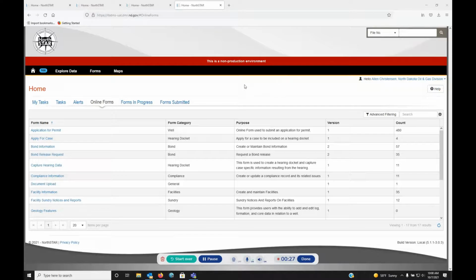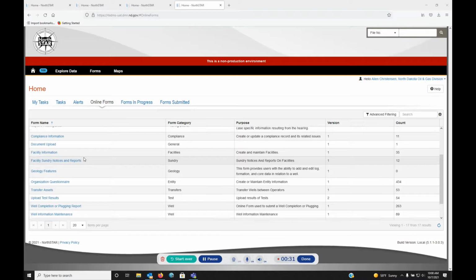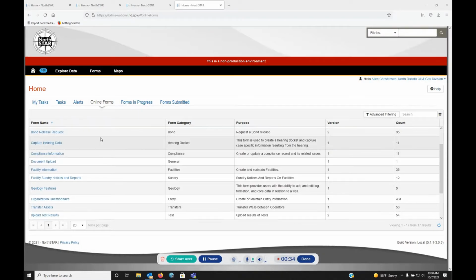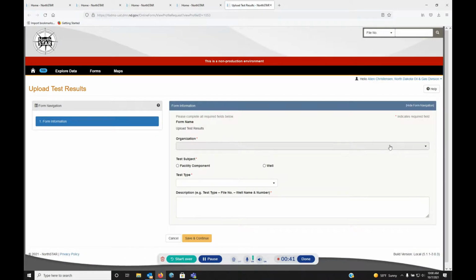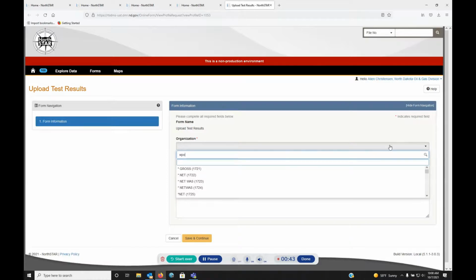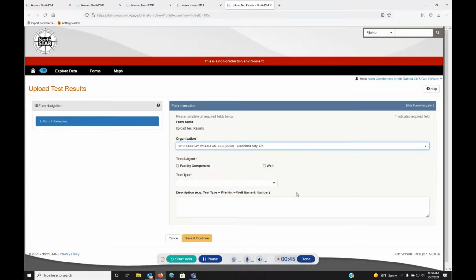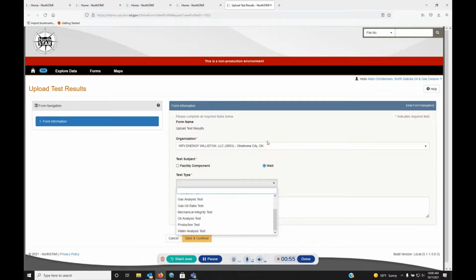So to get to that, you would go to online forms and then scroll down, or if you have very limited documents, you just go to upload test results. You'd select your organization, and I'm just going to select WPX. Vapor pressure tests on Northstar are submitted at the battery level, so you can't select well. There's no option for vapor pressure tests on the well, so you'd have to select the facility component, test type,